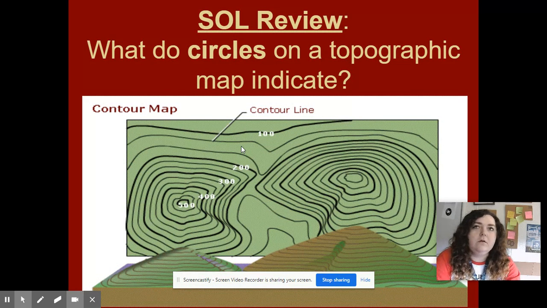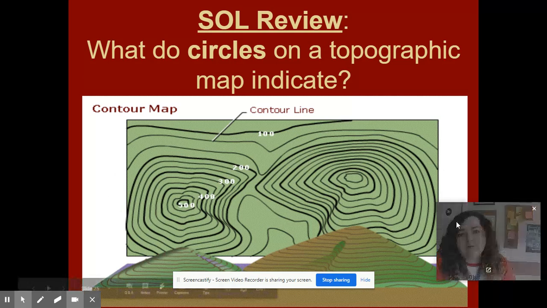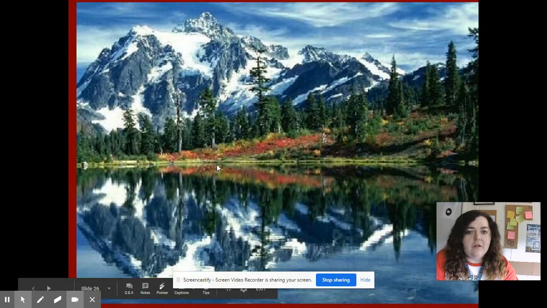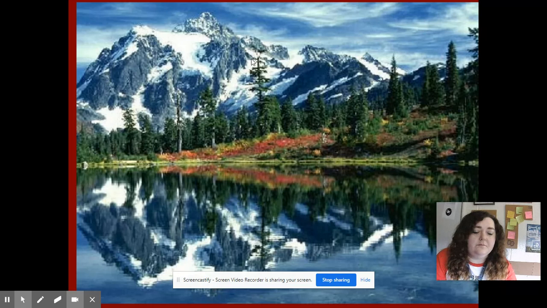Okay, so talking about the different elevations of mountains and seamounts, that takes us all the way back to the beginning whenever we talked about topographic maps. So, just as a reminder, the circles here on a topographic map indicate levels of equal elevation. So this works above land, this works below land. And then this is just a pretty picture. These are most likely going to be